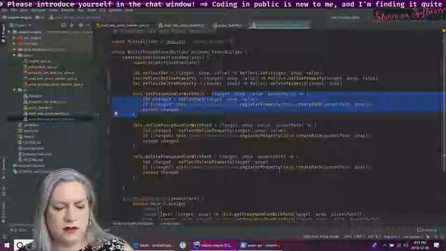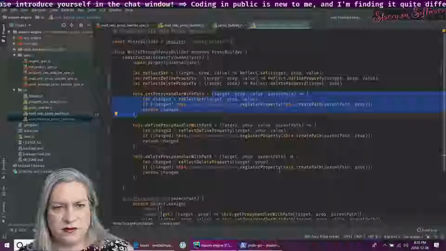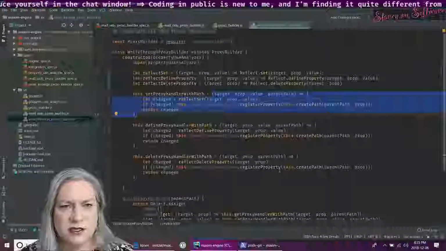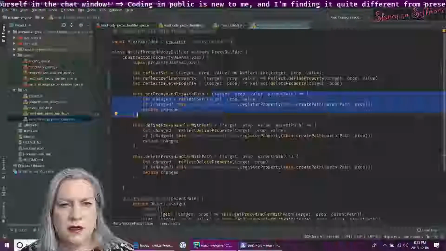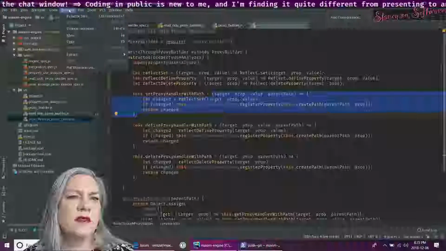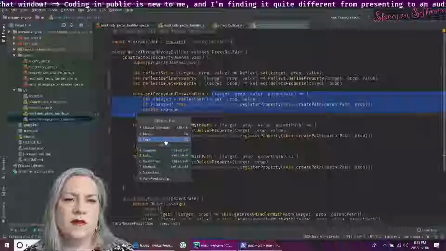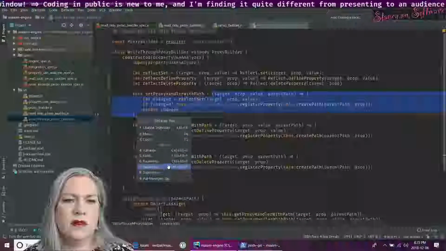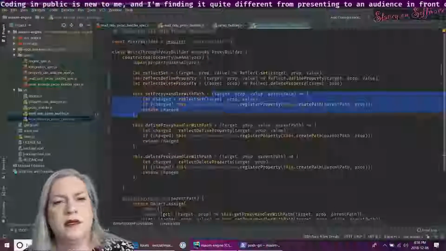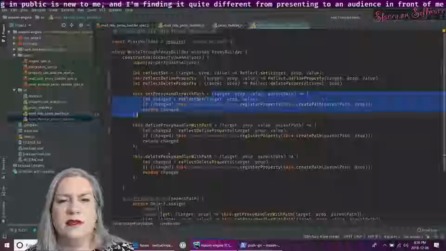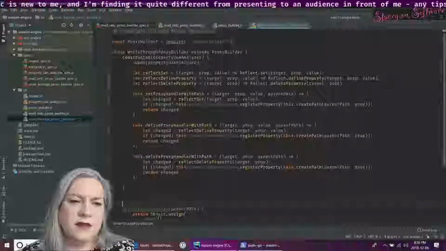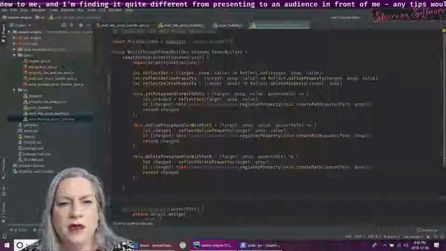What's the keyboard shortcut for extract method here? Apparently I've forgotten all my keyboard shortcuts. And that's not it. Huh. It doesn't like me doing this. Well, let's do it manually then, if the IDE won't help me.